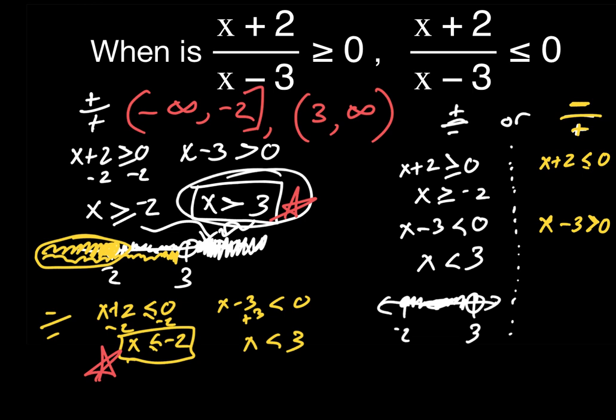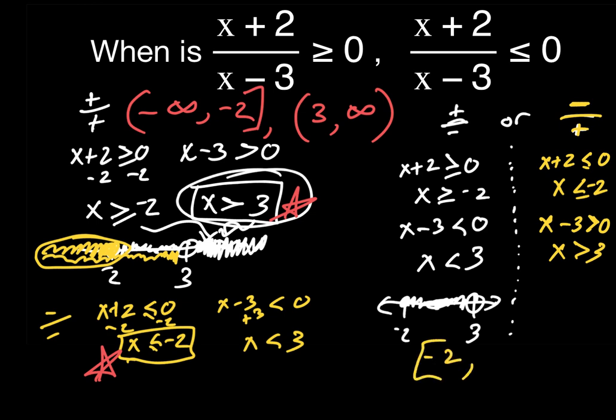Then we look at the other one. We subtract 2, x less than or equal to negative 2. Add 3, x is greater than 3. Can I be both less than negative 2 and greater than 3 at the same time? The answer is no. I cannot be a negative number and a positive number at the same time. So this does not exist. So this does exist. So my answer is that and that alone, which in set notation would be negative 2,